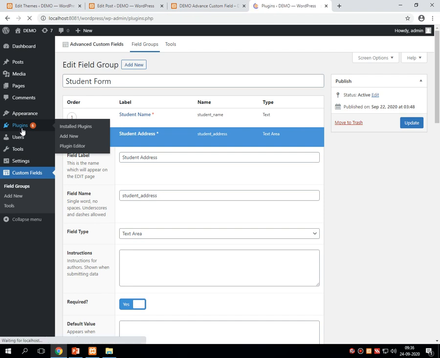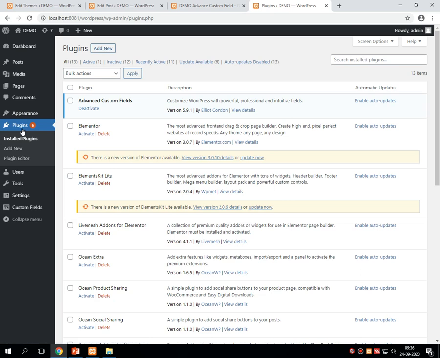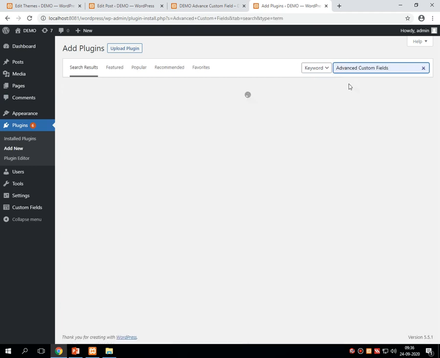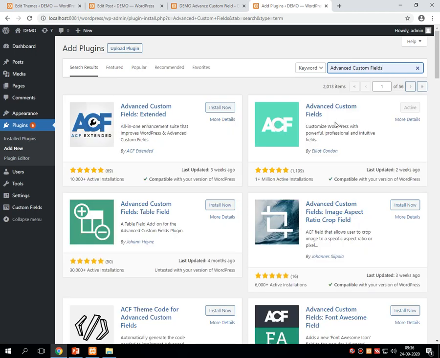First, after logging into the WordPress dashboard, I went into the plugin section, clicked on add new, added the advanced custom fields option, and activated it, which gives a custom field menu after the setting.